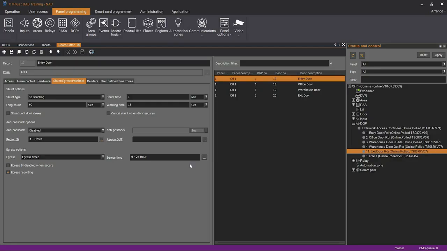There are two types of options for setting up the egress button, and the egress button is wired to the egress input field defined on the hardware tab for the door. A reader assigned to the door is defined as having an egress input. The egress field defines the operation of the egress button, so selecting egress timed